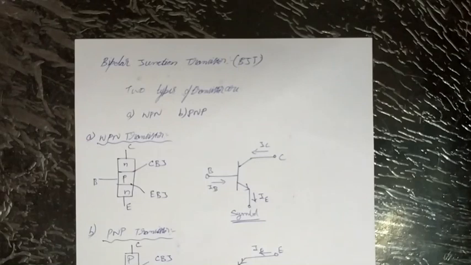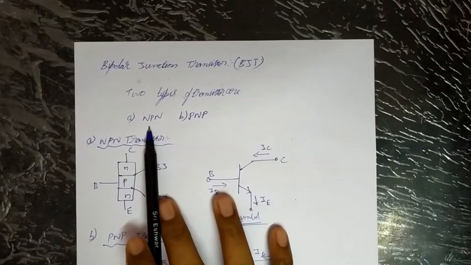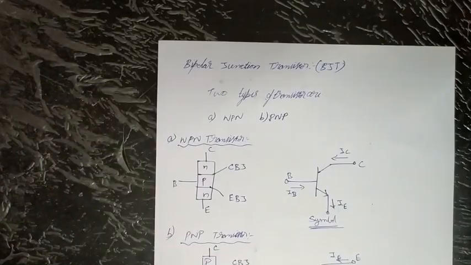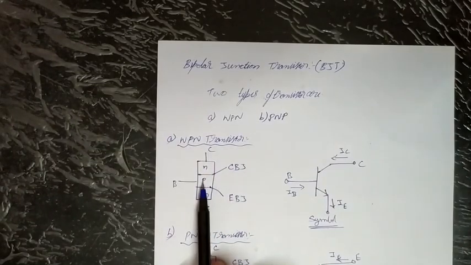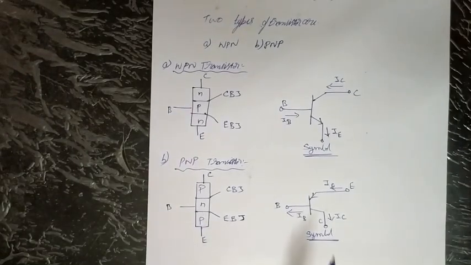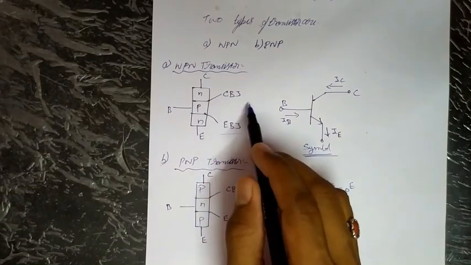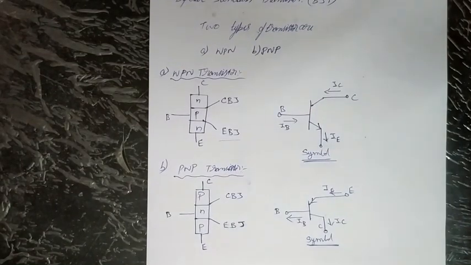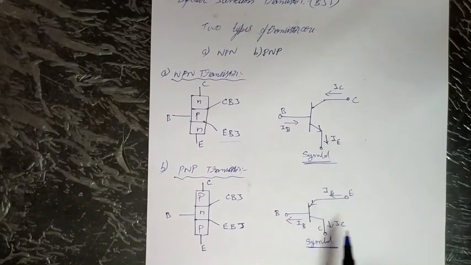It has three layers of semiconductor and two junctions. The semiconductor layers may be alternate N-type and P-type, or vice versa. In BJT we have two types of transistors: one is NPN, another one is PNP. For an NPN transistor, P acts as the base, whereas for PNP transistors, N acts as the base. We have the configurations CE, CC, CB. These are the symbols of NPN and PNP. So we have a conceptual circuit